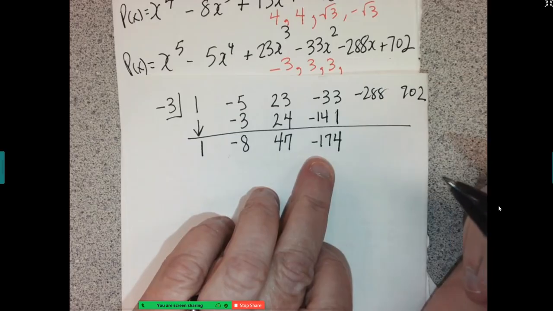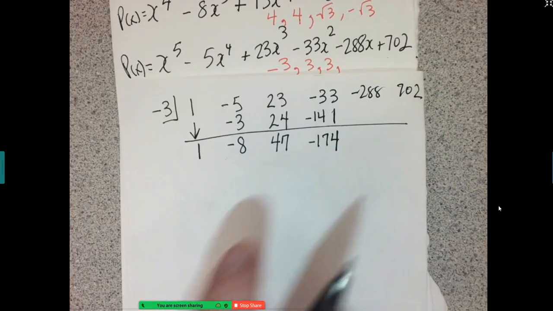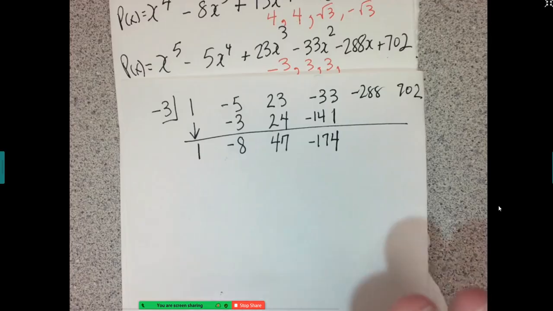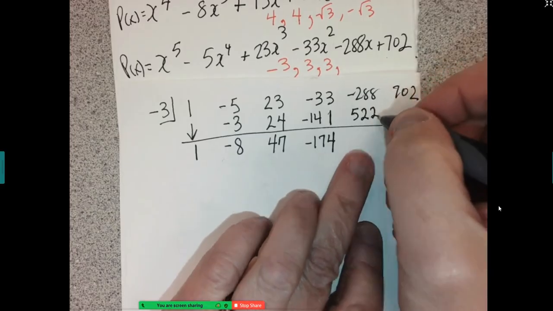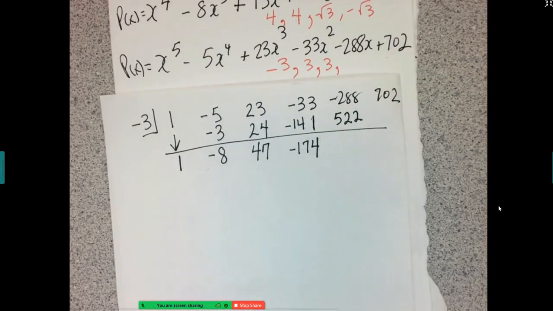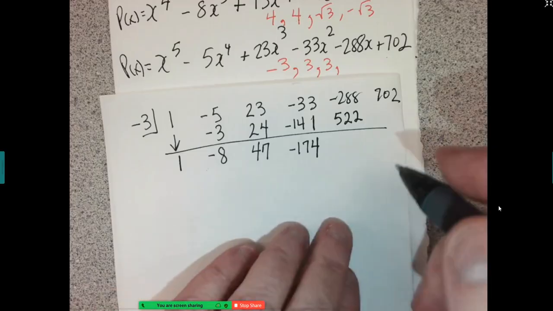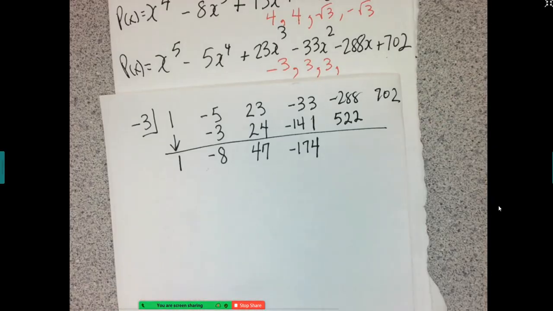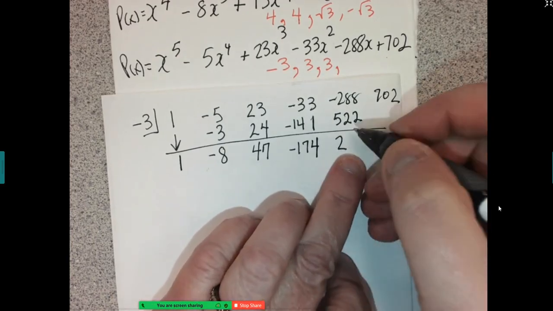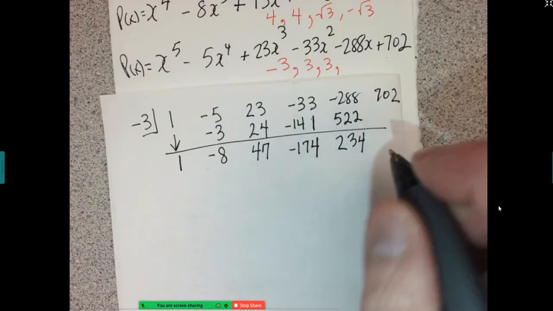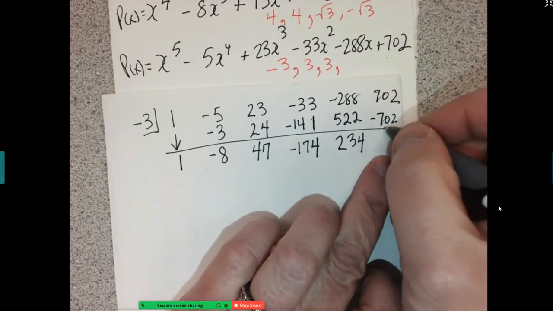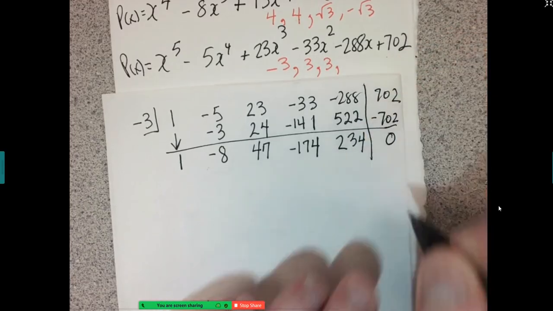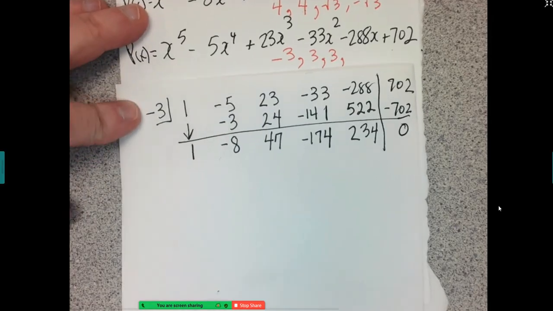Okay. And then I'm going to multiply those two together, and I will get a positive number, which is 522. Okay. And then I add these together. So 522 minus 288 gives me that, and then times negative 3. Okay. So that is correct. So I can rewrite this as